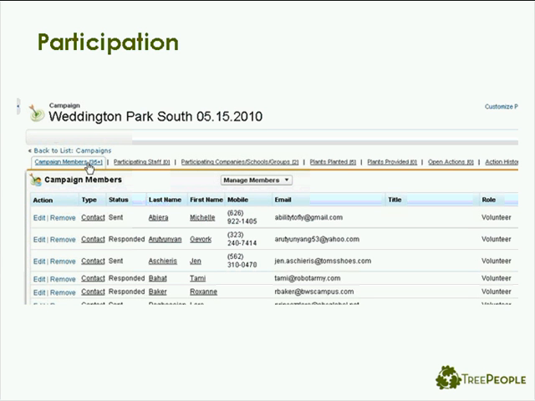And then if you clicked over to, say, the first person, Michelle Abiera's record, then you could see all the different things she volunteered for with us. And we can also track no-shows. So sent means that they said they were coming, but if they didn't actually attend, then it stays sent. If they attended, then it says responded here. So we know we can track our no-show rate. We can track people that tend to not show a lot. We have a big flake factor here in Los Angeles.